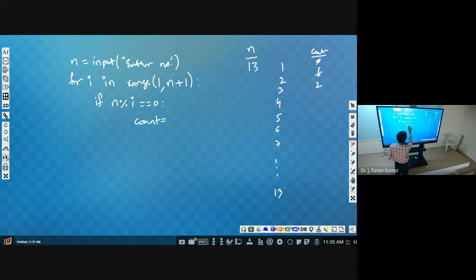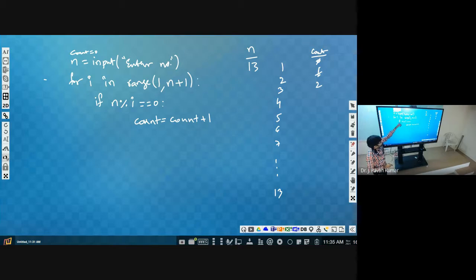So how can we write it? count = count + 1. What should be the initial value of count? 0. Where do we have to put that? Before starting this loop itself, count should be 0. So here we will be initializing count as 0, count = 0. Then we are taking n value. Then we are checking whether n mod 1 is 0 or not, n mod 2 is 0 or not. Like this we will repeat.